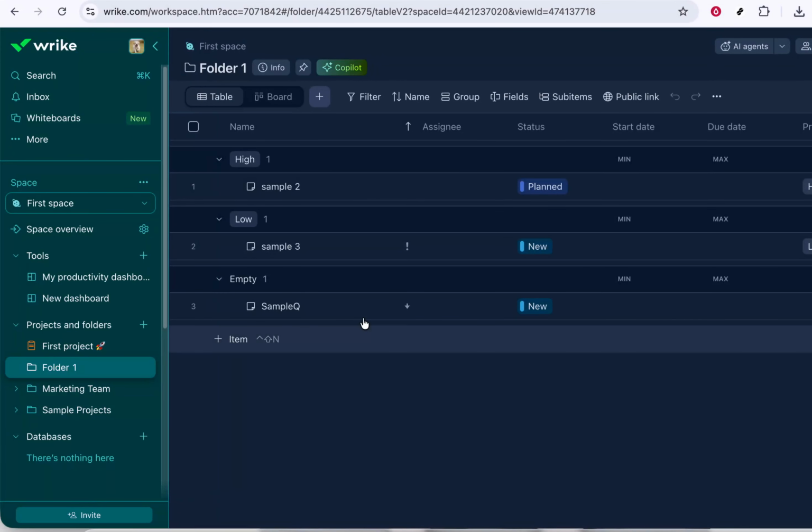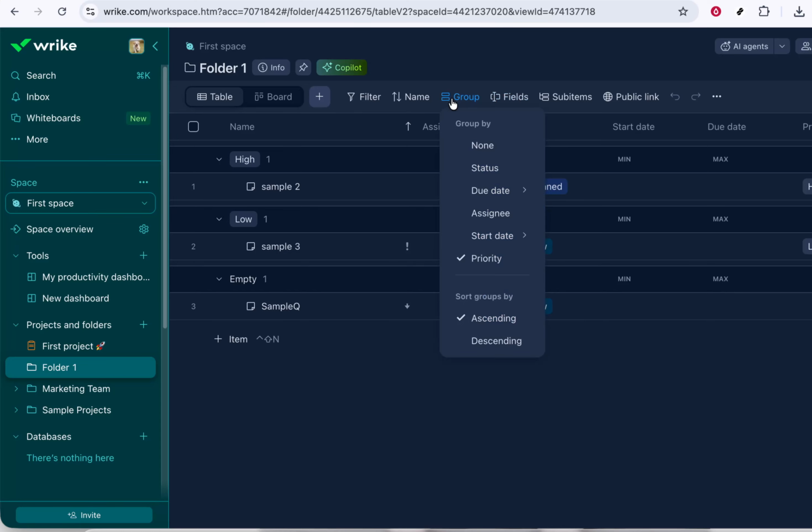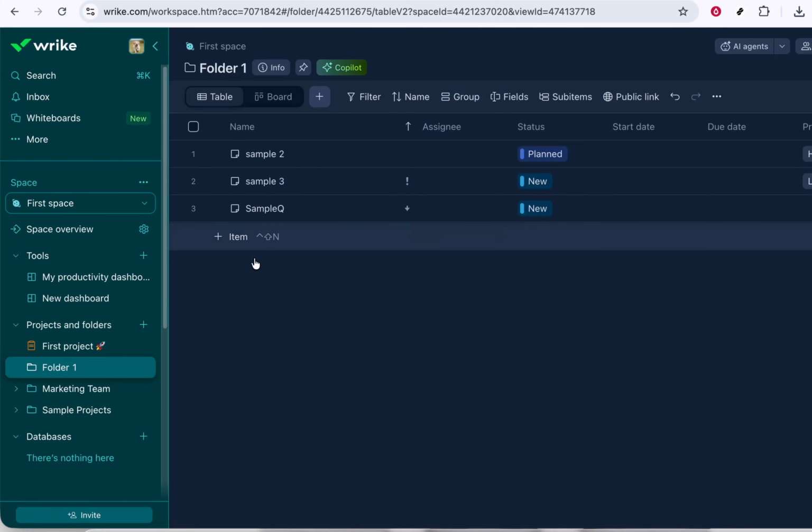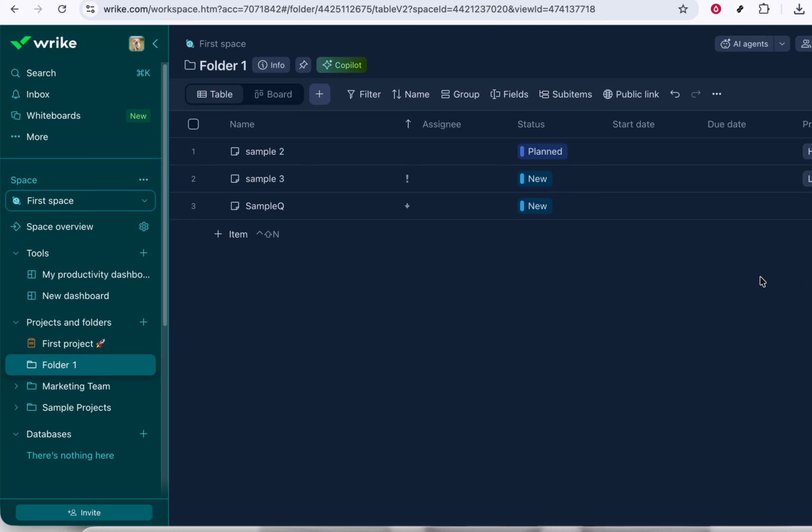In today's video, I'm going to teach you how to update status in Wrike. Keeping your task status up to date in Wrike is one of the simplest but most important habits you can build. It helps your teammates understand what you're working on, what's finished, and what might be blocked without needing constant